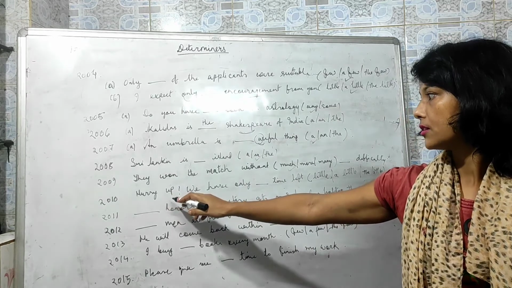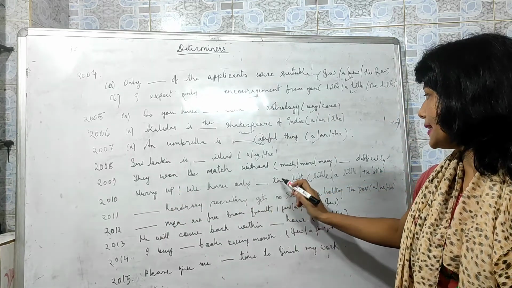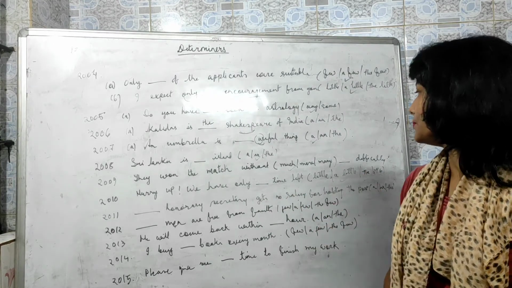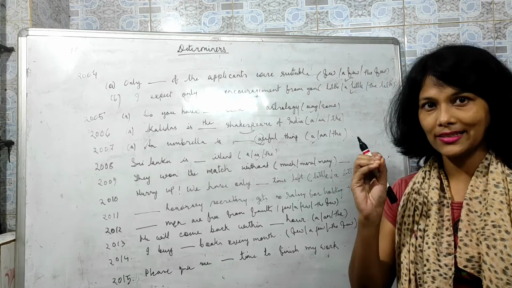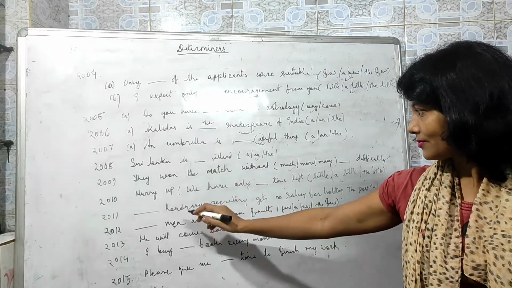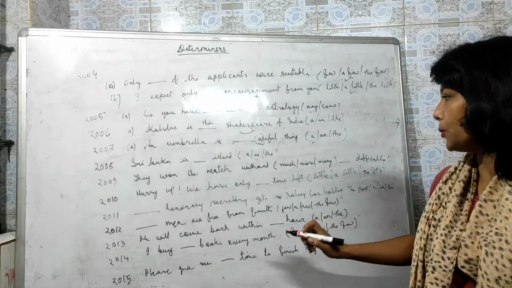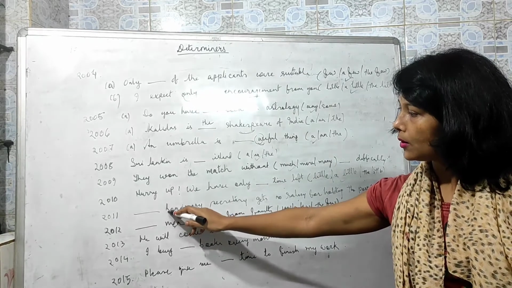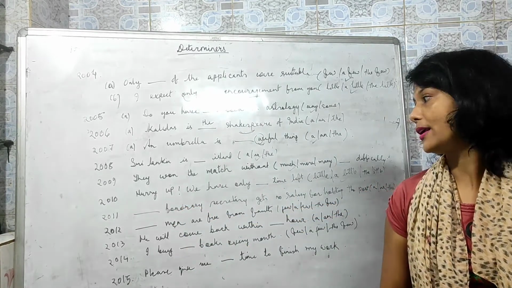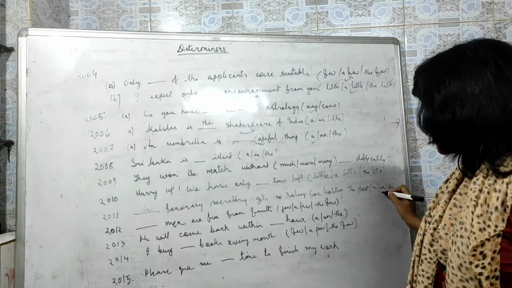Hurry up! We have only dash time left. How much time? A little time. A little means little, not many, not much. Honorary secretary gets no salary for holding the post. Honorary, although it is consonant, we are using the sound of vowel. So, an honorary will be correct.